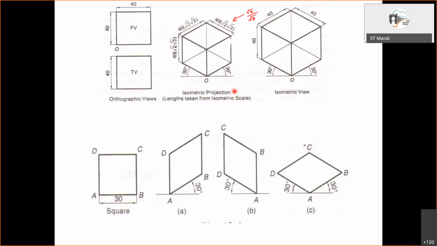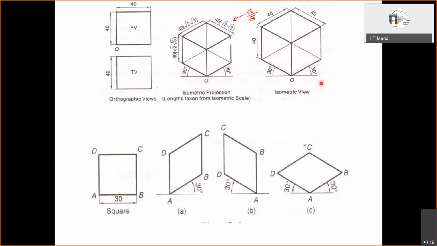Here we have isometric projection. This one is referred to as isometric view. Okay, and the difference is, in the isometric view, rather than using the isometric scale, we are drawing with the given dimensions. Okay, so that is the only difference. And as a result, what will happen? The drawing will increase in size, right? But we don't need to get the reduced length each time from the isometric scale, and we can draw it directly.